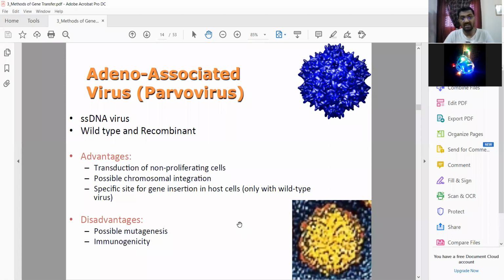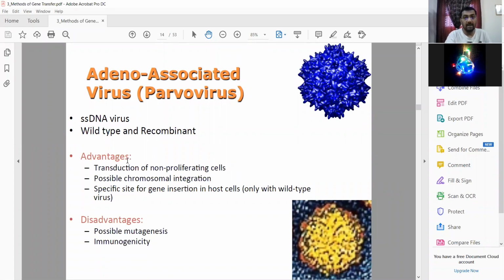and because it's a single-stranded DNA virus, they have the possibility to mutate. And because it's not a big virus, it's a small virus, the capacity to accommodate the transgene in this virus is small. It could accommodate from 4.5 to 4.9 kb, or almost 5 kb, of transgene in it. It could not accommodate much bigger genes. So for that reason, this is also one of the pitfalls of these adeno-associated viruses, that they could not accommodate